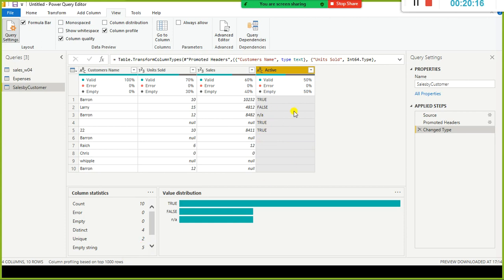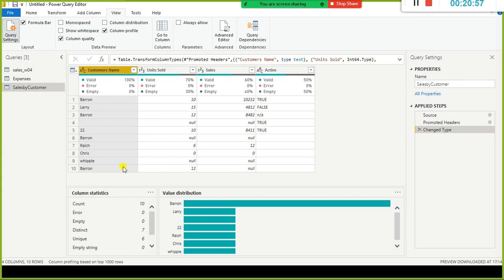Since true is repeated more than once, Power BI considers it a non-unique value. In an RDBMS, we need to have only one unique value in the case of a primary key column. So here true is a non-unique value, and blank is also non-unique. In the case of unique, it takes into account the non-null values, false and NA. These two are unique. And null is there, but whether it is ignored or not, we will validate with this one.